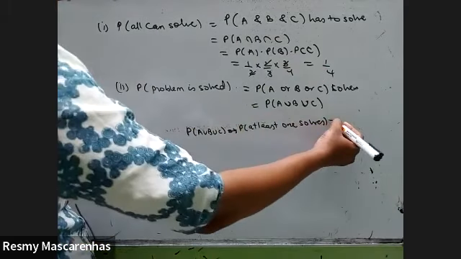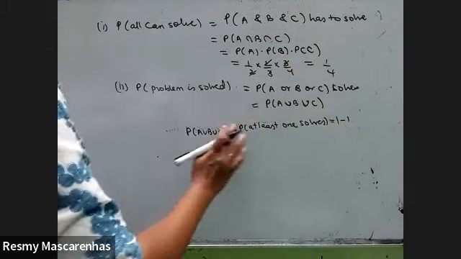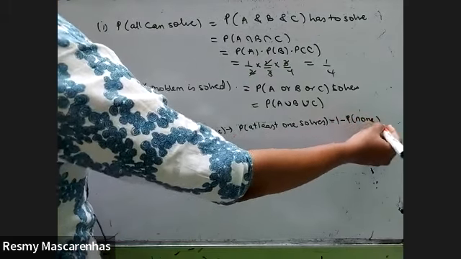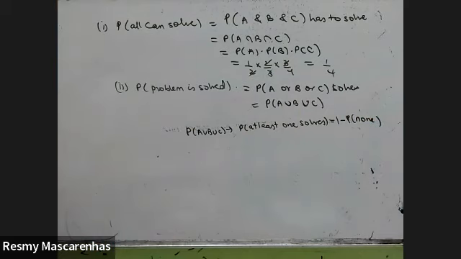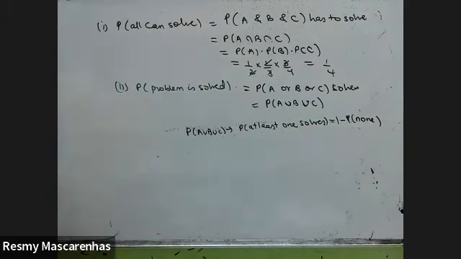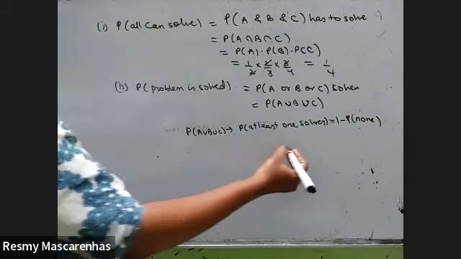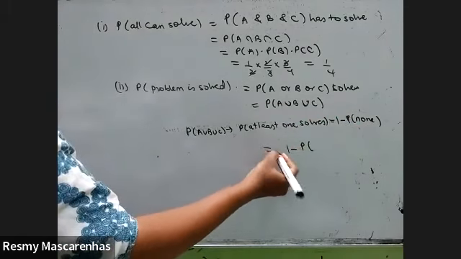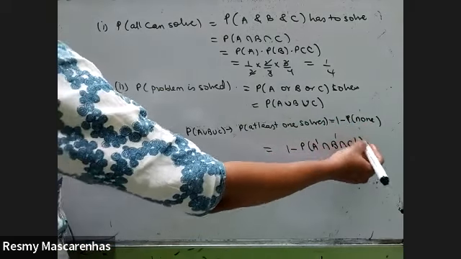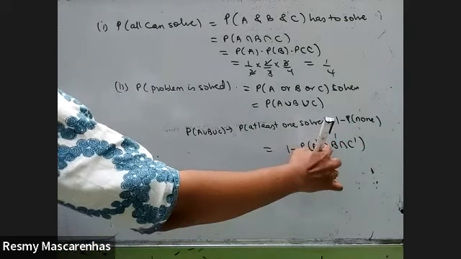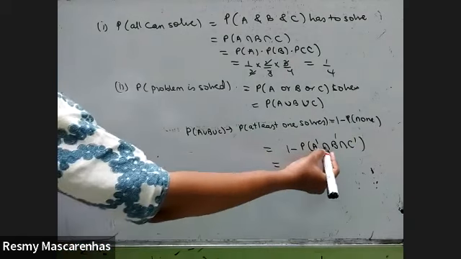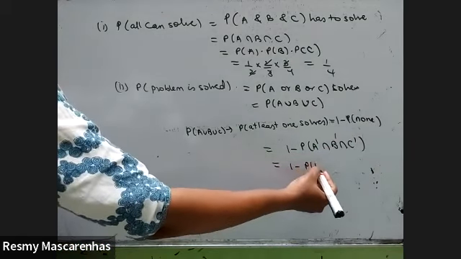So what is the probability of at least one solves? I've given you on the first page, you go back and check, the probability of at least one formula is 1 minus none. None means no one solves. A also not solving, B also not solving, and C also doesn't solve. A and B and C does not solve. None of them are solving. So whenever it is intersection, you can always convert it into multiplication.